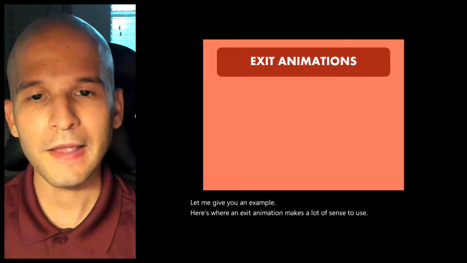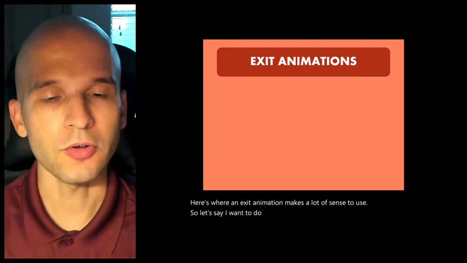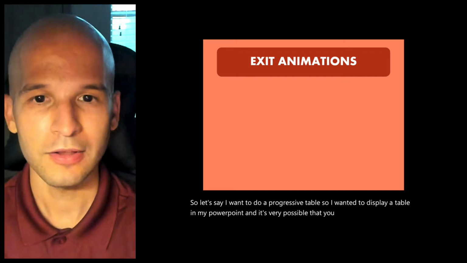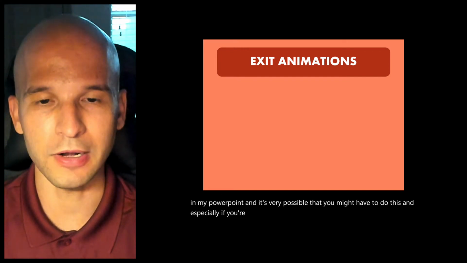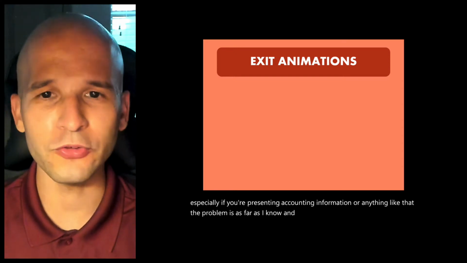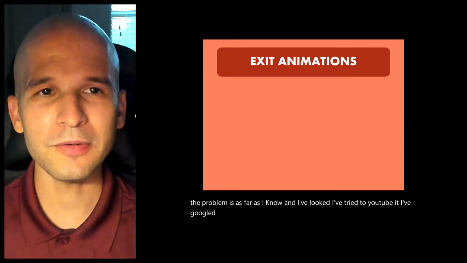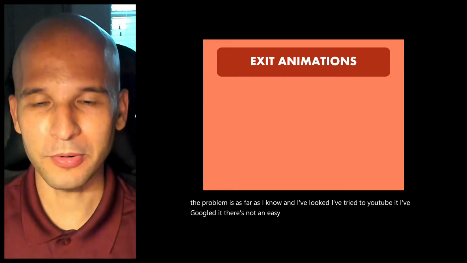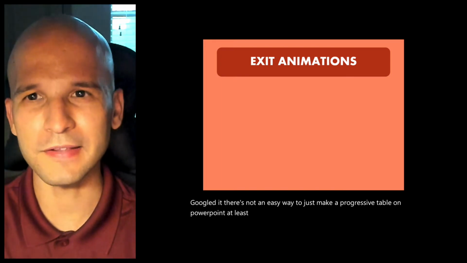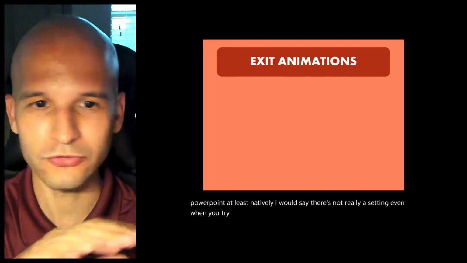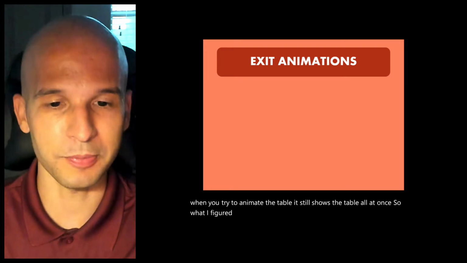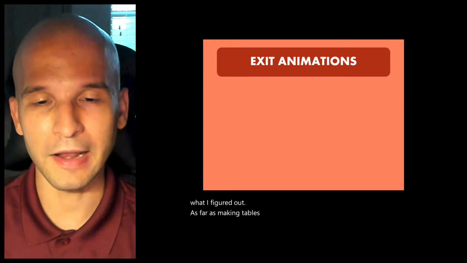So let's say I want to do a progressive table. I want to display a table in my PowerPoint, and it's very possible that you might have to do this, especially if you're presenting accounting information. The problem is, as far as I know, and I've looked, I've tried to YouTube it, I've Googled it, there's not an easy way to just make a progressive table on PowerPoint, at least natively. There's not really a setting, even when you try to animate the table, it still shows the table all at once. So what I figured out, as far as making tables progressive, is I just use exit animations with a